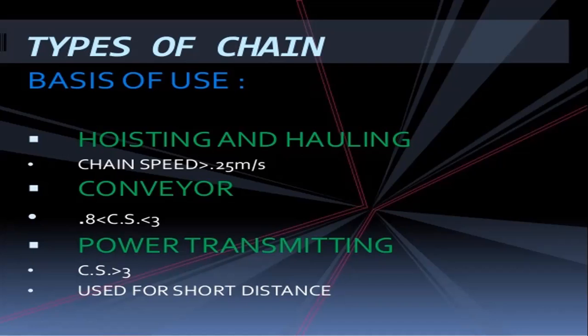So these conveyors we can see in the airports and other conveyor belts. When we are going to transmit a large amount of load from one place to another, we are going to use conveyor chain drives. We can use them in the escalators also, which are seen in shopping malls, etc. So we can see that escalators have chain drive functionality, that is, chain drive conveyors.